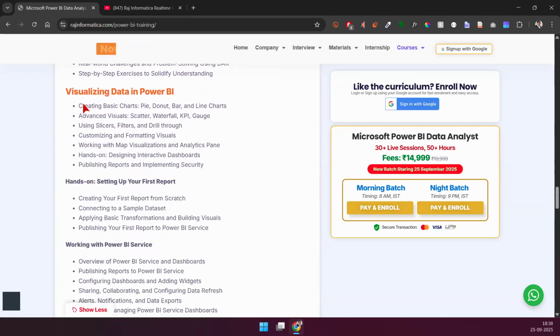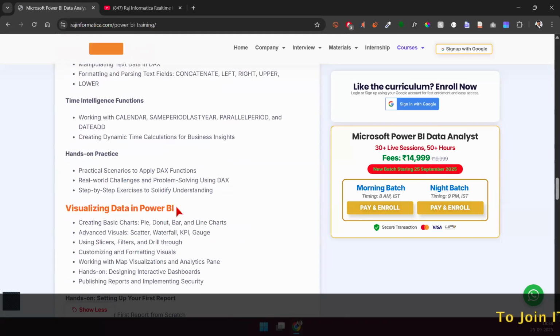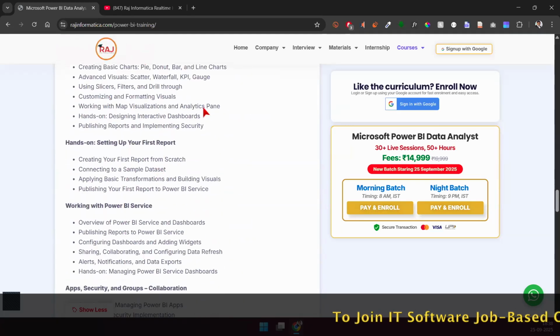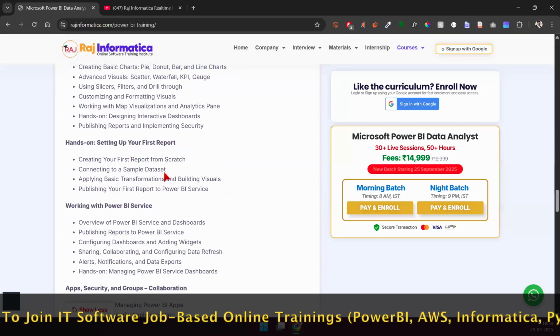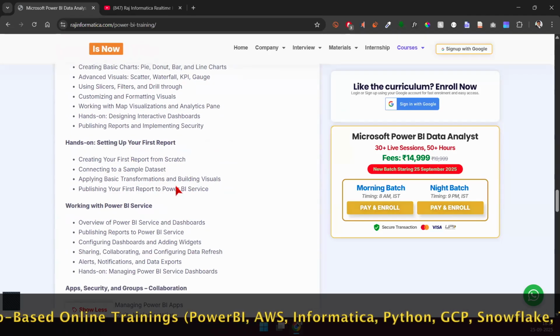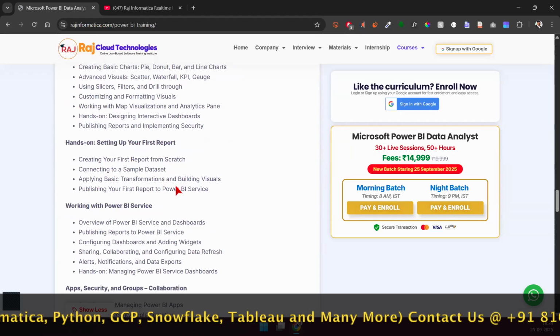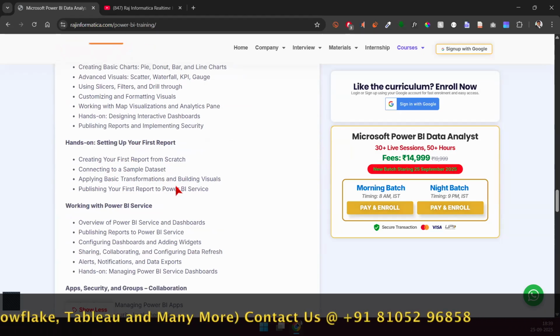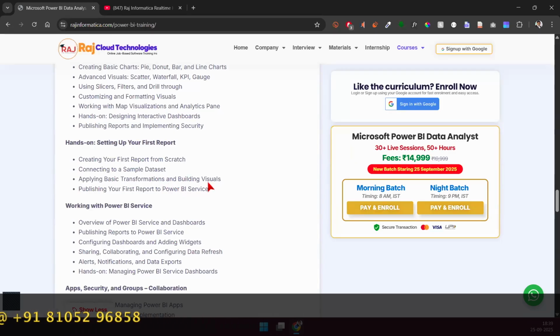But the next steps are going to be visualizing the data. Once we are done with transforming and data modeling, we have to start visualizing our data. I'll walk you through different types of charts. We'll build our own first report, and I'm going to do an in-class report. I'll do that in front of you, and then we'll also have lots of hands-on assignments and a capstone project coming at the very end of this course.